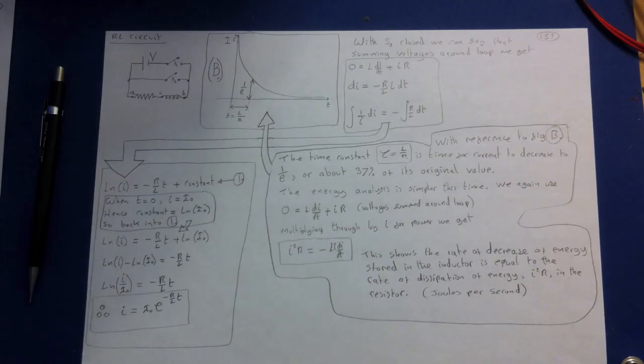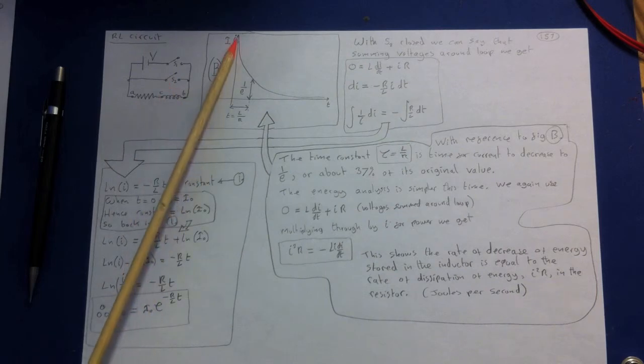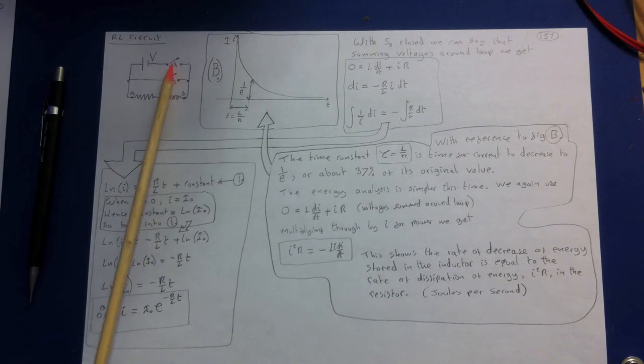Now let's suppose switch S1 in the circuit has been closed for a long time, so that the current I equals V over R has been reached. So we're at this top value here, which is equal to V over R. What we're going to do now is close this switch S2 and open S1, and the moment we close S2,